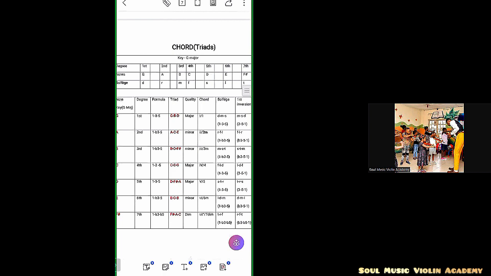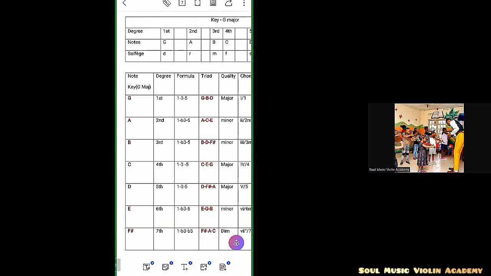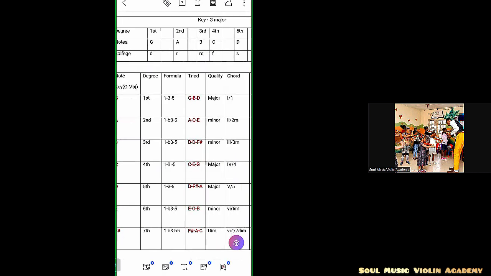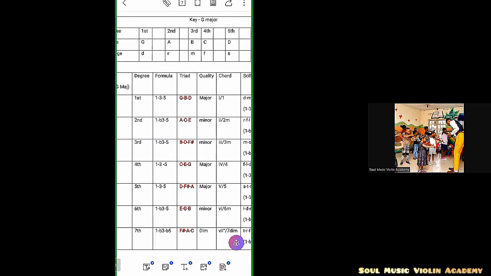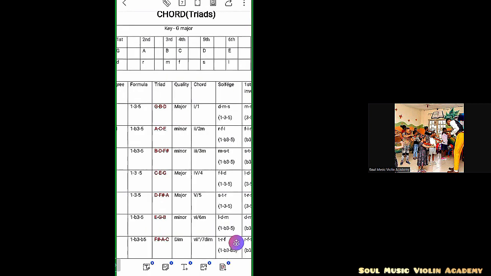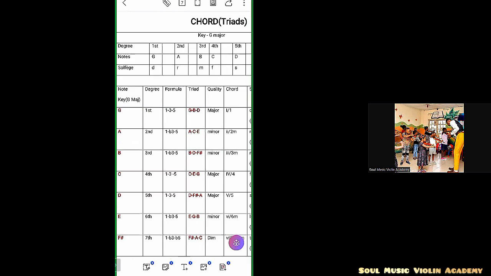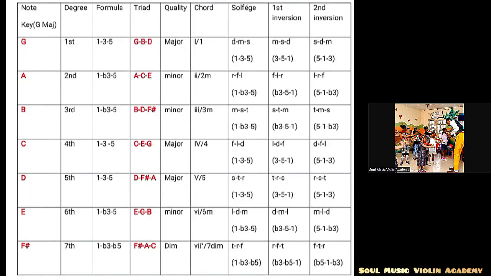Between your 3 and 5 is a minor third. Let's progress. So you have G, B, D for the key of G for the 1st degree. You can either write it in Roman numerals or numbers. So in Roman numeral, you use the